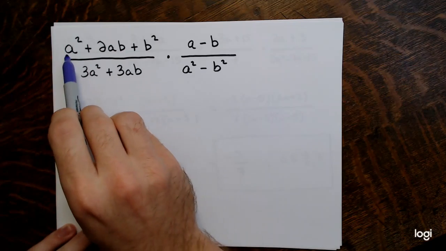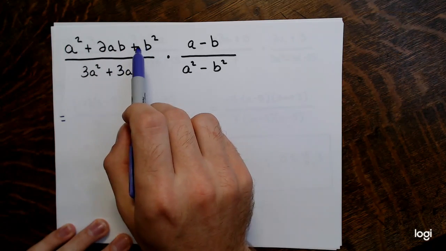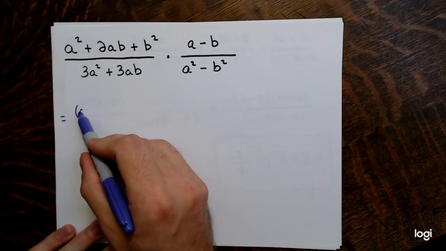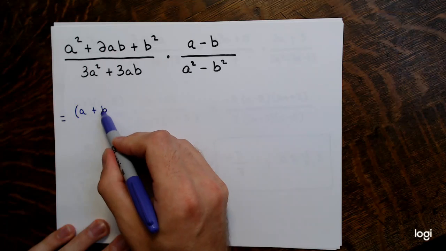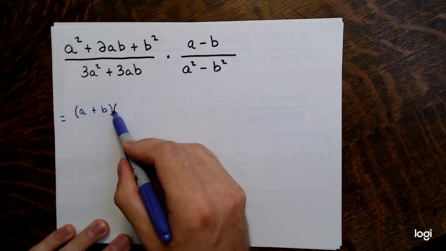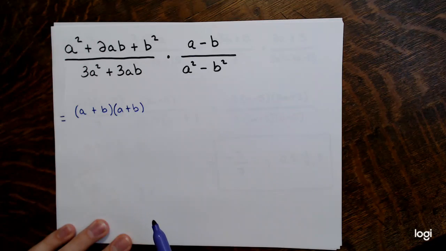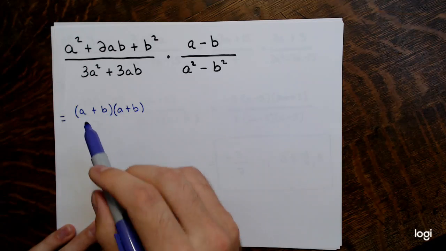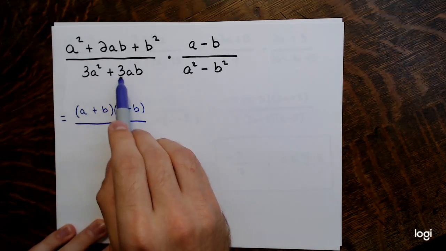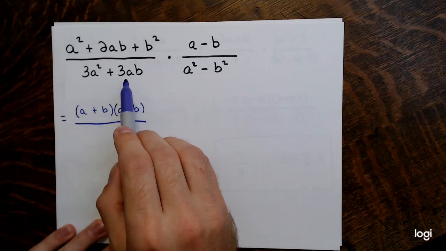All right, now a squared plus 2ab plus b squared. That's one of those perfect square trinomials. Again, see another video on that or read another section of the book, whatever. But that'd be a plus b squared, to the second. Or you could actually write them out, a plus b times a plus b. Same thing. Divided by, and then this polynomial down here,